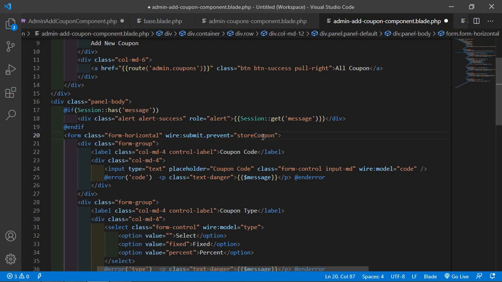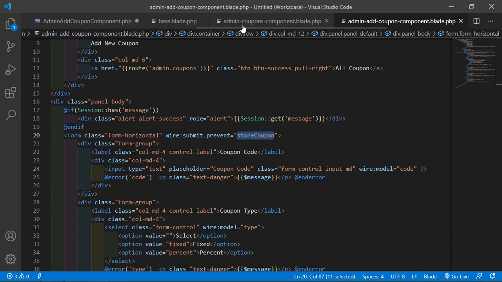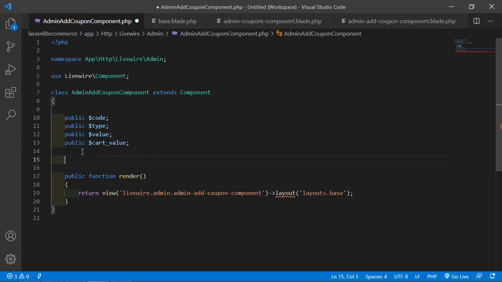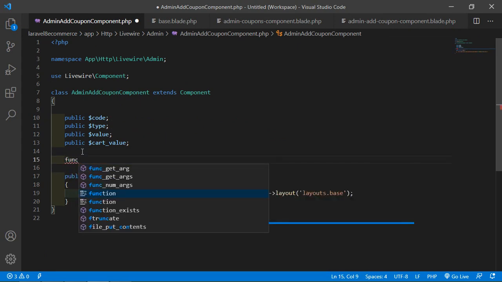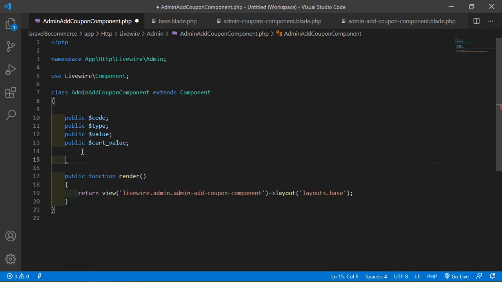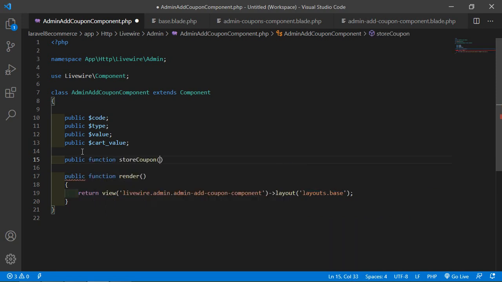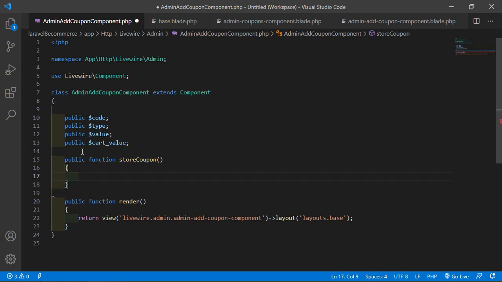Okay, and now let's copy this function name and let's create. So inside the admin add coupon component.php class file, let's create a function, public function and function name which is storeCoupon, and inside this first of all validate the input.